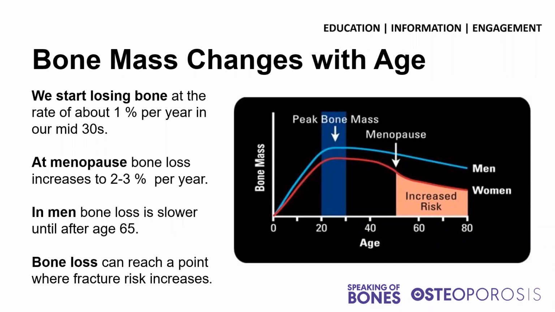So as you can see, we reach a peak bone mass at about age 30. So up until this point, what you eat and how you exercise impacts the bones that you build. And so this is why we say that osteoporosis is a pediatric disease that shows up in older age, because everything we do up until that point affects how much bone mass we have. So yeah, as I mentioned, there's our peak bone mass around age 30.